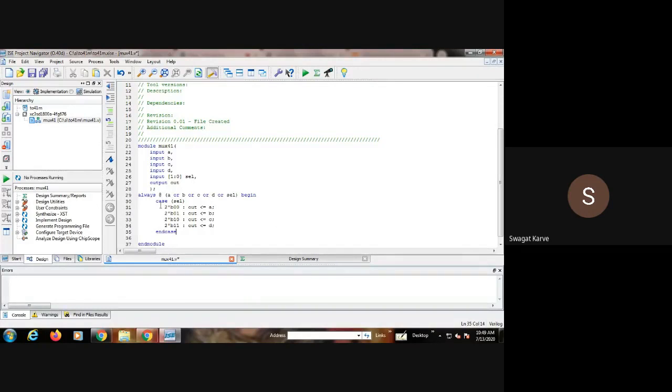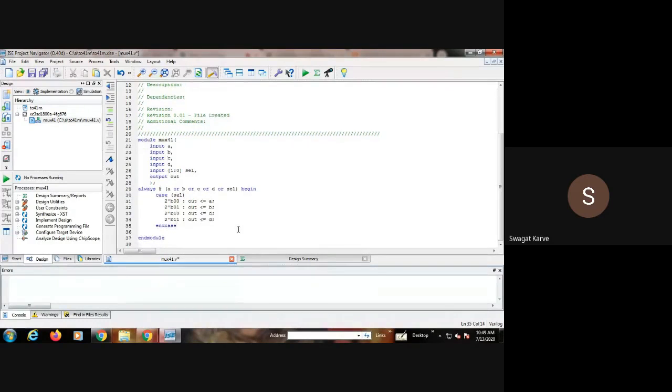What it means is the output state will rely on this select input. Whenever this select input changes, the output will also get different inputs, right? So this is the simple module.